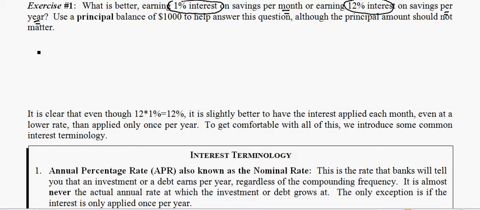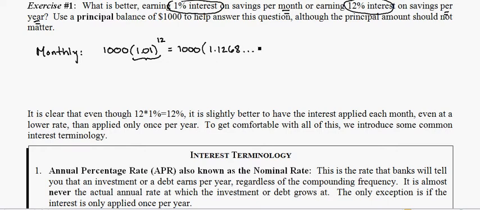But that's not true. Let's explore this in a very logical way, which is calculating how much we would have at the end of 1 year if we did the monthly compounding, and compounding is how often you apply the interest, versus yearly compounding. All right, so what we're told is that we're going to get 1% per month, so obviously we get to apply that 12 times. Now, what I think is very interesting and important to look at is actually just what that number is. So you could do this calculation all at once on your calculator, but it would sort of miss the point. That number ends up being